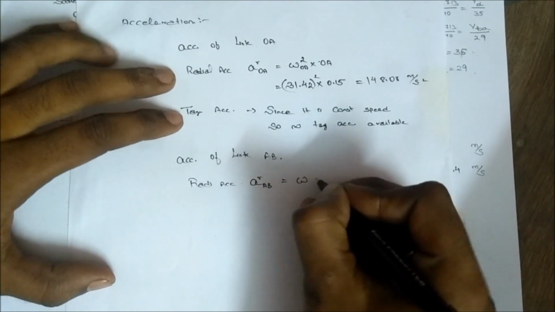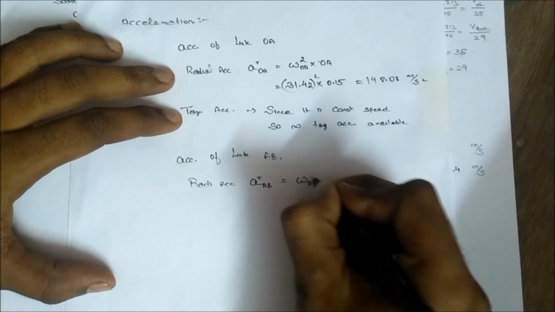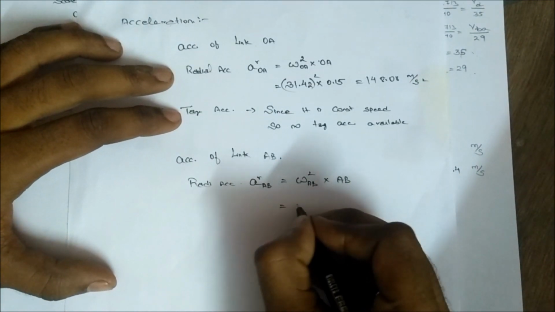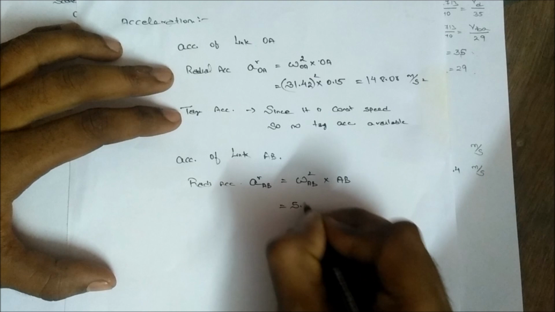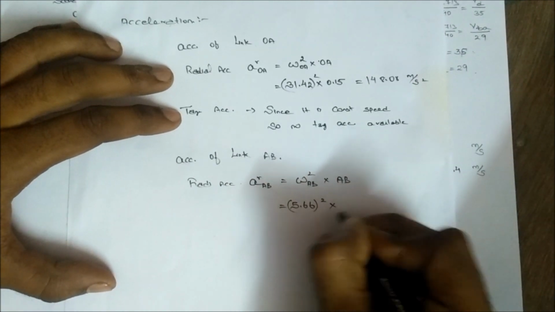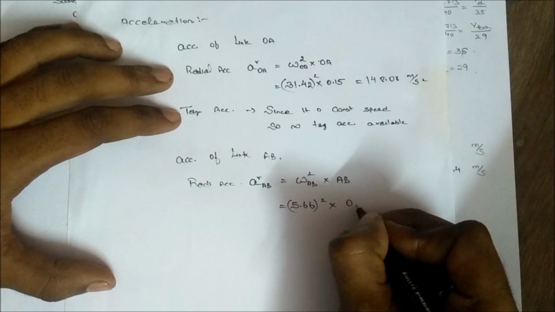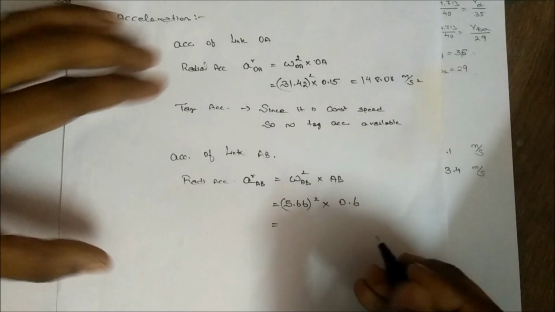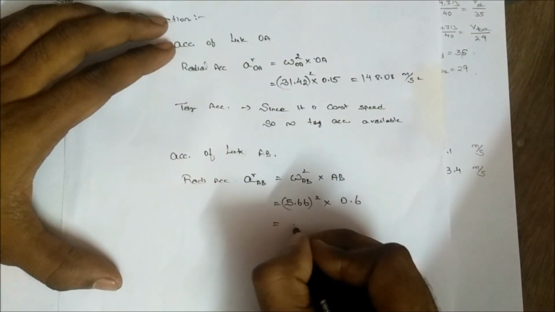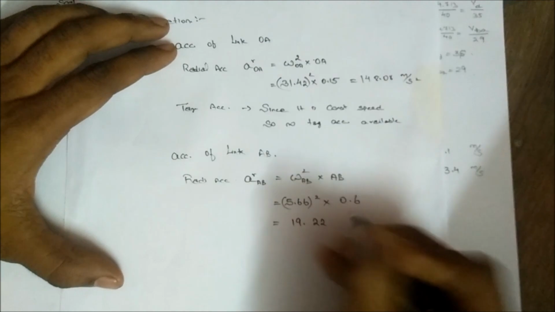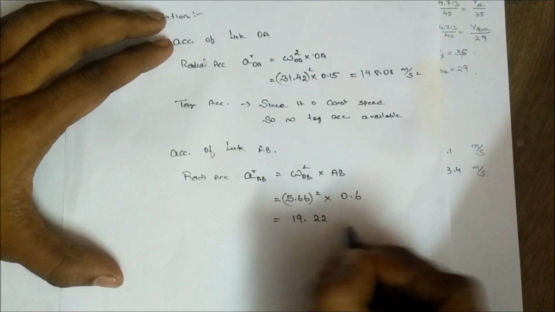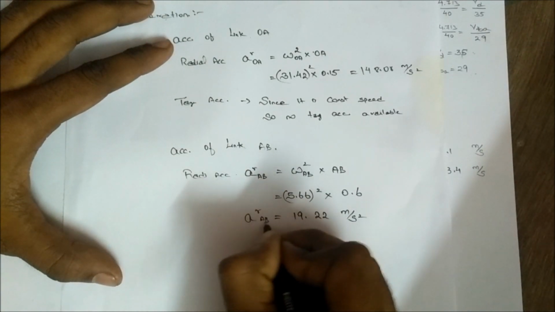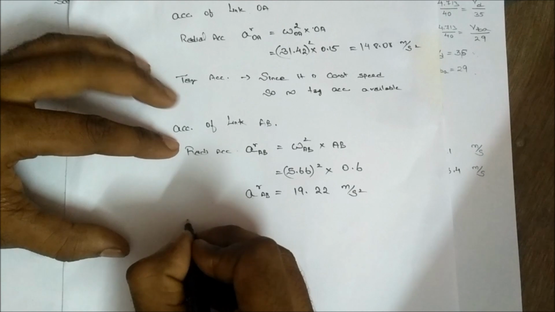Here also we know the omega. So with this we can find out the value, which is 19.22 meter per second square, the radial acceleration of AB. Now coming to the tangential acceleration,